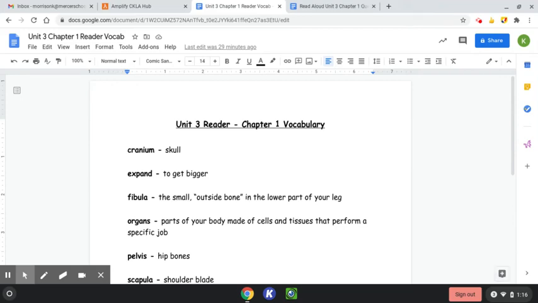Hi guys, so today we're going to be reading chapter 1 in our unit 3 readers. First I'm going to go over some vocabulary with you, and then I'm going to have you get out your chapter 1 from your readers. I know that most of you only have the paper copies at home, so it'll just be that first stapled together